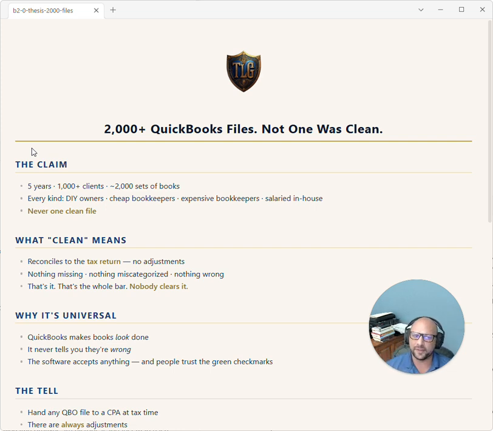The best I've ever really seen are only a couple of adjustments. Maybe something is categorized in the wrong place. Maybe something is on the profit and loss when it should be on the balance sheet. Maybe things have just been rolling over year after year after year, and no adjustments have been made every single time there's a tax return done. That's the best that I've seen it. And the worst I've seen it is just absolutely completely unusable. Every account is negative. Nothing has been done in years.